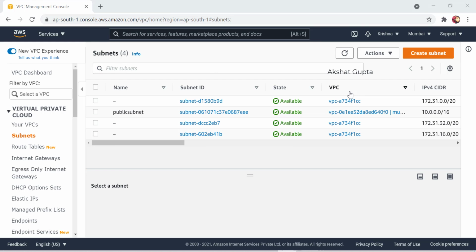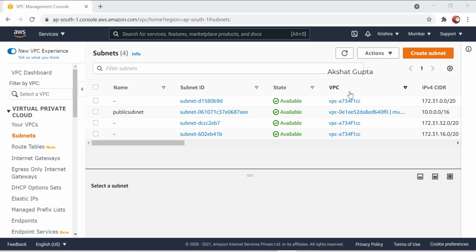So in this case, we are able to create the VPC. The VPC IP address was 10.0.0.0/16, and here we are also able to create the subnet. So what actually happened in this case? The subnet was given the same IP address that was given to your VPC. So guys, you need to remember this.